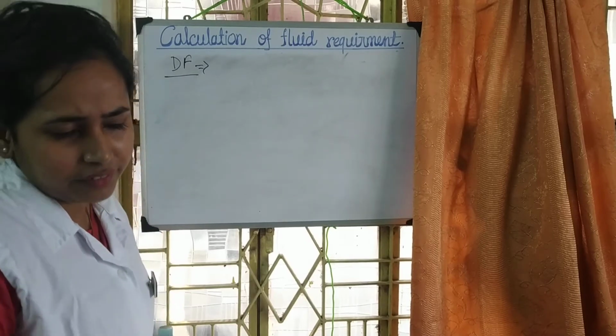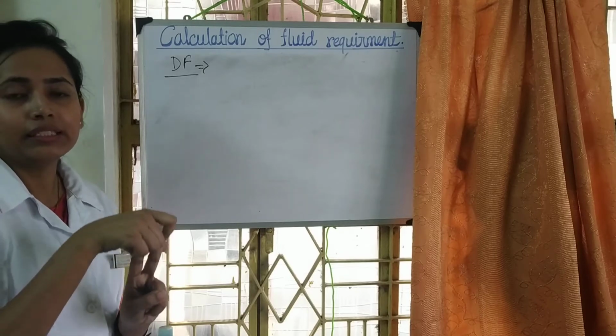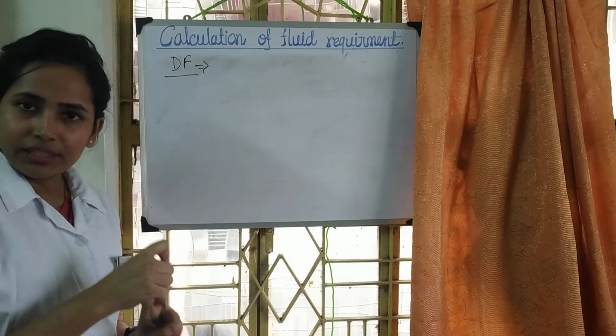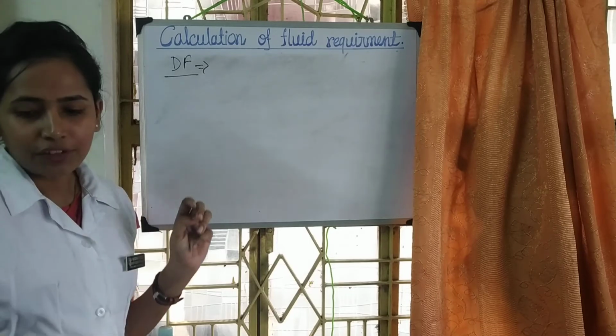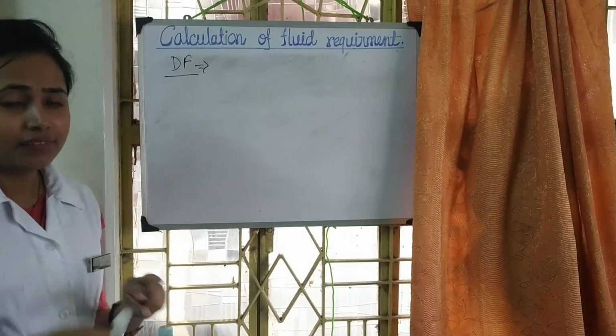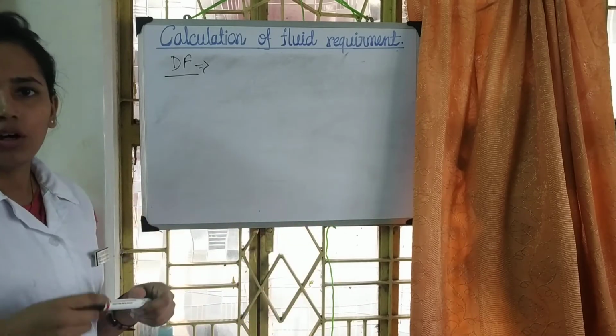To make it easy, it is divided into three types. First is the 5% dehydrated baby, second is the 10% dehydrated baby, and third is the 15% dehydrated baby. So the first is 5% dehydrated baby, that is mild, then moderate, then severe. The percentage of dehydration, we all know about this.